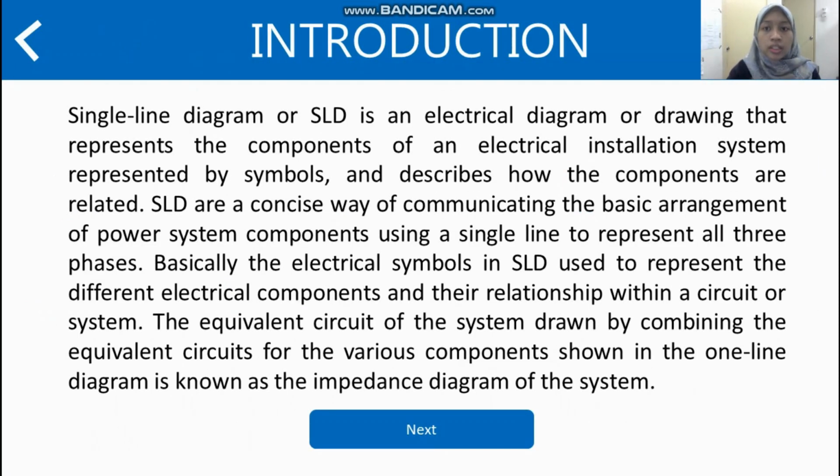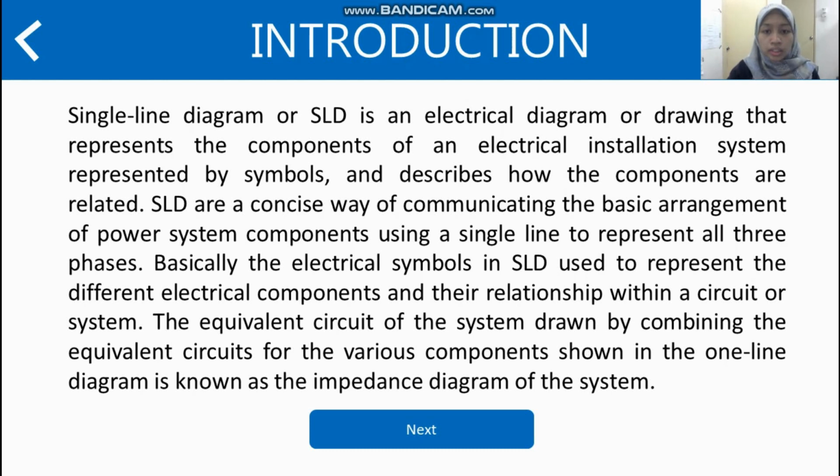For introduction, single line diagram or SLD is an electrical diagram or drawing that represents the components of an electrical installation system represented by symbols and describes how the components are related. SLDs are a concise way of communicating the basic arrangement of power system components using a single line to represent all three phases. Basically, the electrical symbols in SLD are used to represent the different electrical components and their relationship within